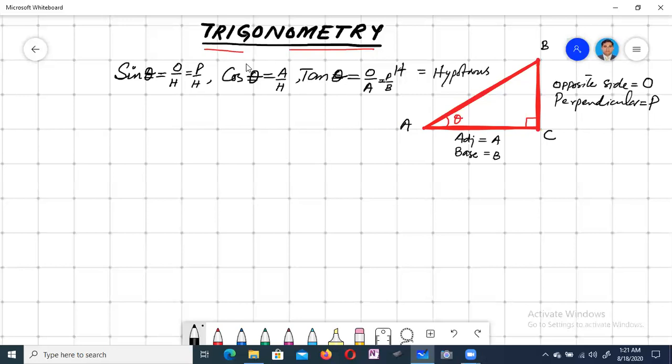Now after that, this theta is the angle, and angle will have some measures. About those measurements we will discuss here. As you know, in the two-dimensional plane, XY axis, the first quadrant is from 0 to 90 degree. In this quadrant, some special angles are there. Those will be 0, 30, 45, 60, and 90.